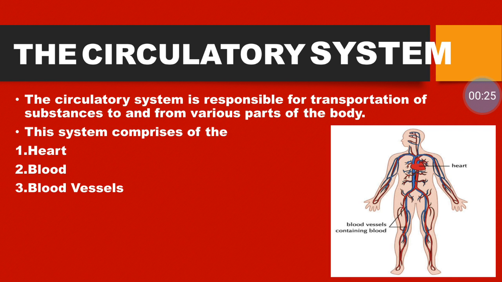Apart from this, the circulatory system transports oxygen, nutrients and hormones to cells. It also helps in the removal of waste products like carbon dioxide and nitrogenous waste. To do all these functions, the circulatory system must keep blood constantly circulating, isn't it? The circulatory system comprises the heart, blood and the blood vessels. Now we shall learn about all these three parts in detail.